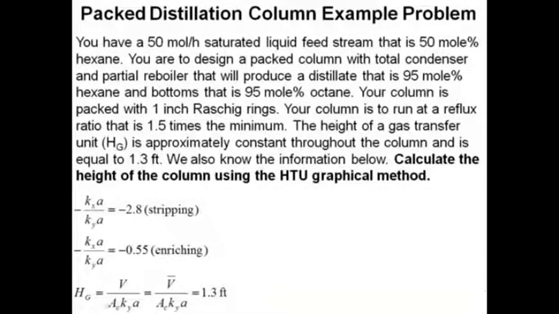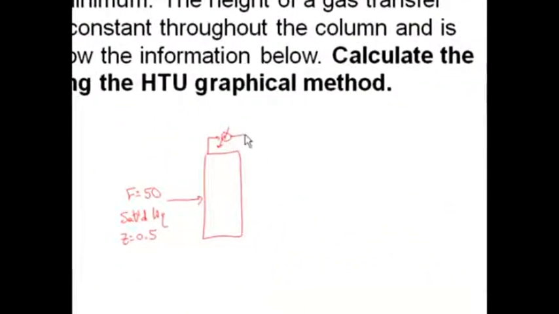Today's screencast is for a packed column distillation, and we have a bunch of information given to us here. I'll let you read through the problem, and I will start writing. So we have a column that has a feed of 50 mole per hour, and it's a saturated liquid, and Z equals 0.5. We are told that it's a total condenser and a partial reboiler, and we know what our distillate composition is. The desired one is 0.95, and the desired bottoms are